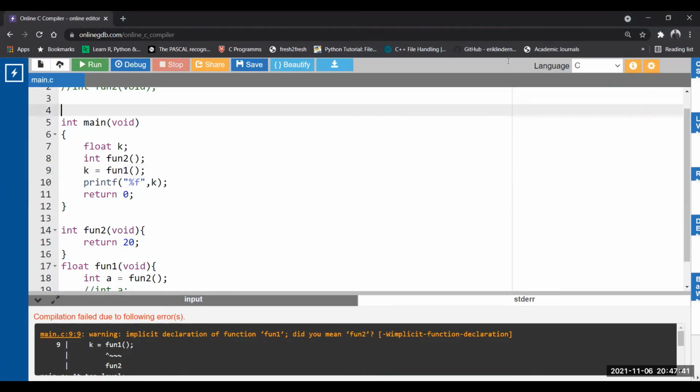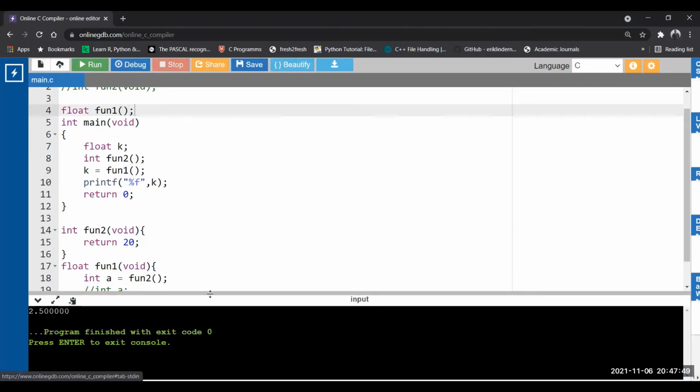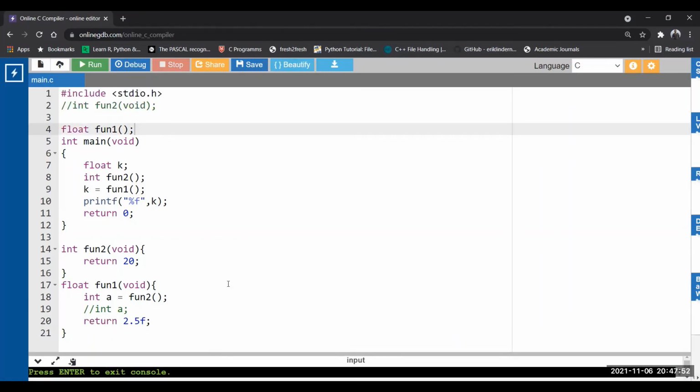Okay, so if you want to execute this code, you need to declare it. Float fun1 declared. Now run. Now there is no issue. See, the flow remains the same. Starting from the main method, then it jumps function-wise. The way you are calling, the flow remains the same. Flow doesn't change. Here we are talking about when the compiler will declare and when the compiler will not declare. The compiler will declare only if your function return type is integer. The compiler will not declare if your function return type is anything other than integer. Okay, I hope you understand the flow of the program and functions. So let's go back.